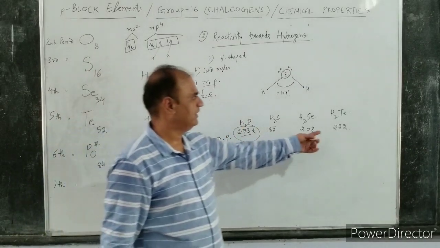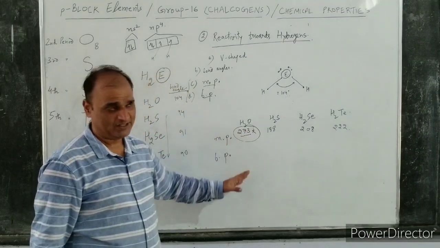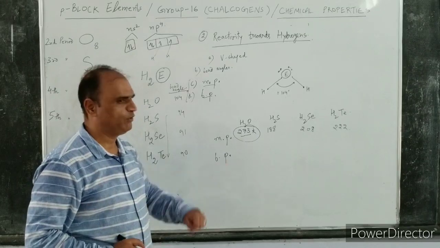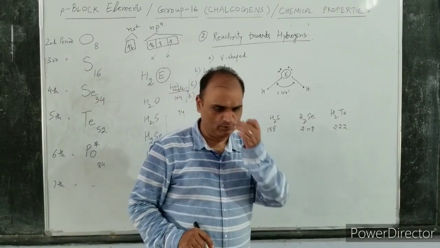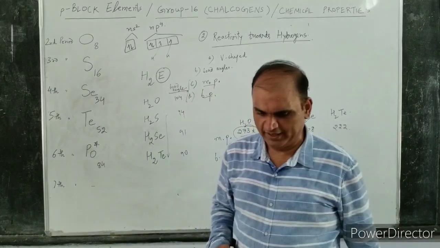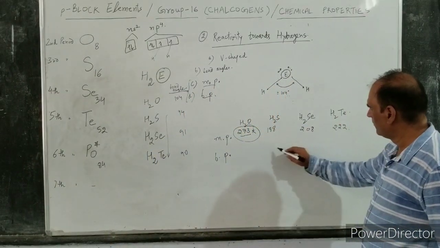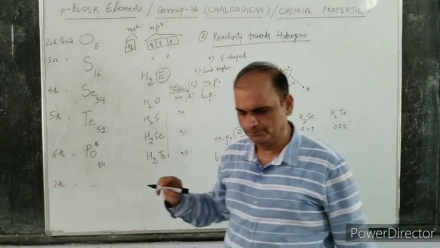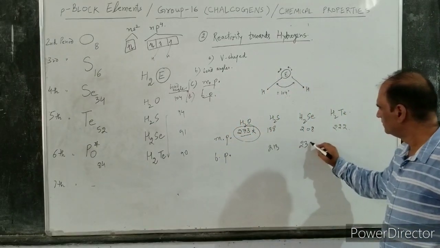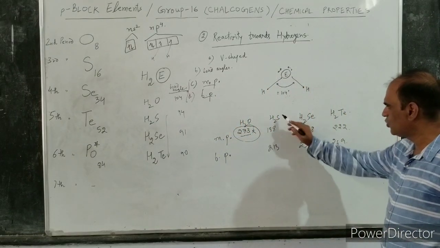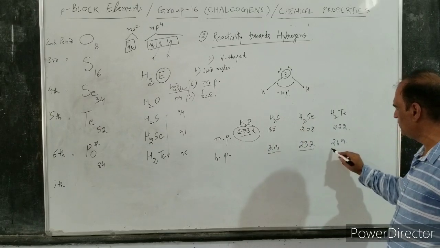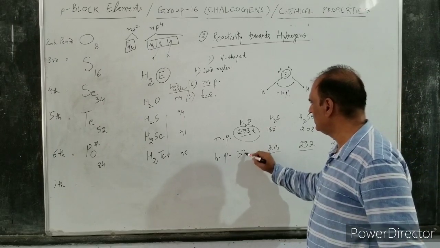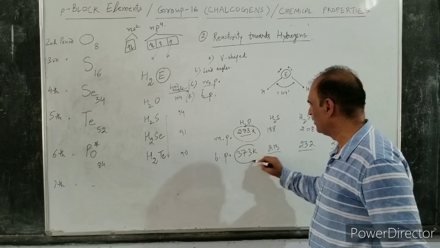But you see it is even more than this. It should be the lowest, but it is the highest. Why is it so? Similarly, about boiling point also. If we compare their boiling points, the boiling point of H2S is 213 Kelvin, 232 Kelvin, 269 Kelvin. Again, it should be lesser than 213, but it is 373 Kelvin, the boiling point of water.